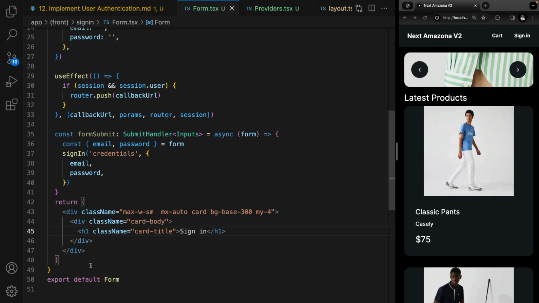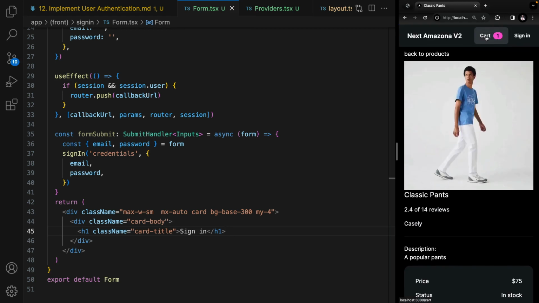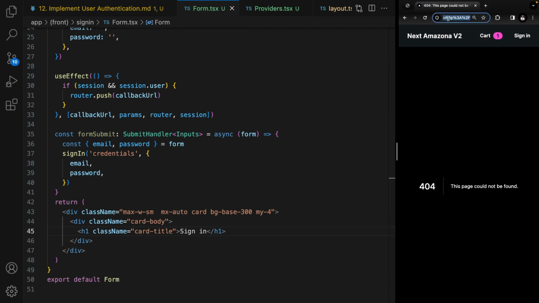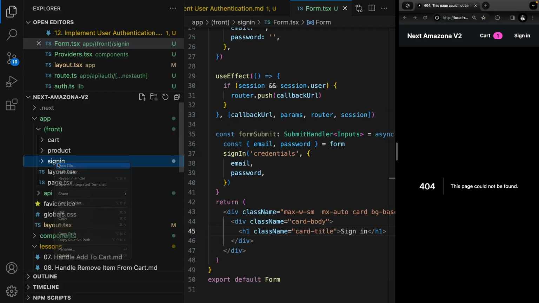Save the file, select a product, add to cart, go to cart page, and proceed to checkout. As you see, there is no sign in page. Let's go for it. In the signin folder, right click, new file,